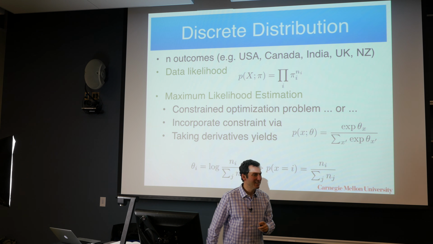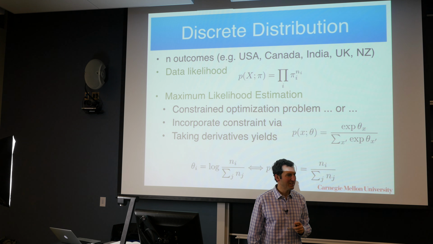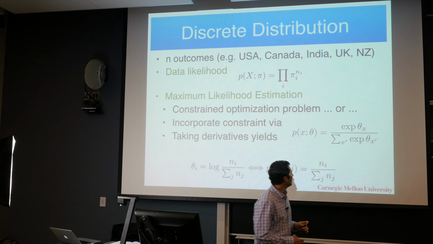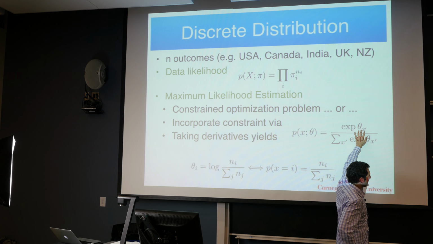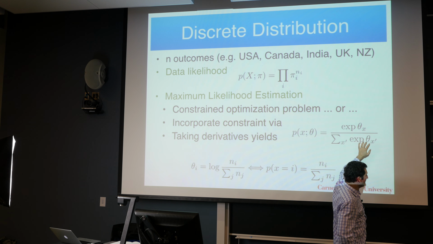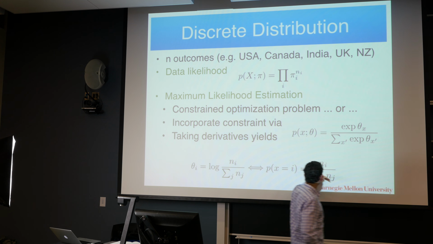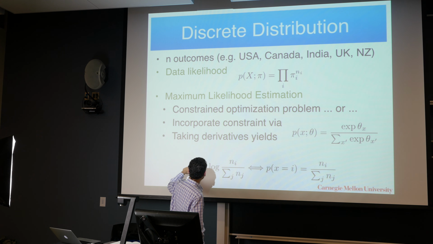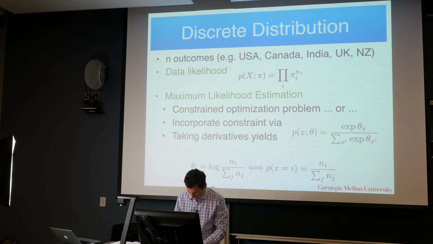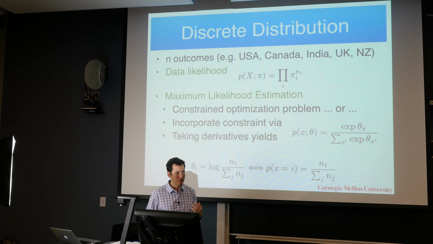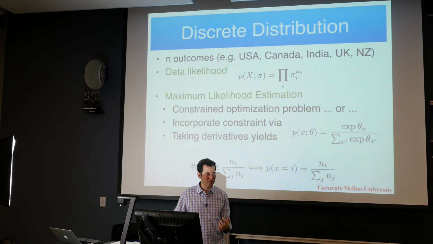Yes? And there, the theta sub i is your estimate? So the theta i, or theta x, yes. These are the numbers that I want to infer. They could be my estimates. They could also be the truth. But when you do the maximization, these will be my estimates. That's correct. So I should actually have written theta i hat if I wanted to make it very explicit. But I could also simply have a distribution that is parameterized in terms of that.